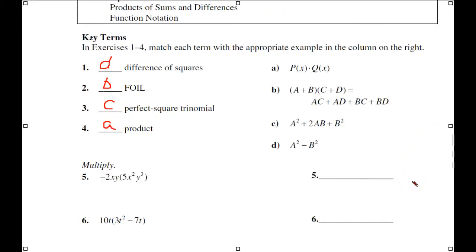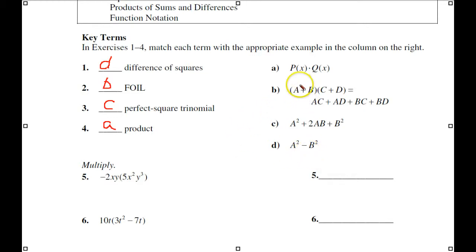Some of the students had mentioned that they actually do the matching before they watch the video, which is a good idea. So let's take a look at it now. For letter D, the differences of squares. So there's a square, and there's a negative sign. The differences of squares. Now, the FOIL